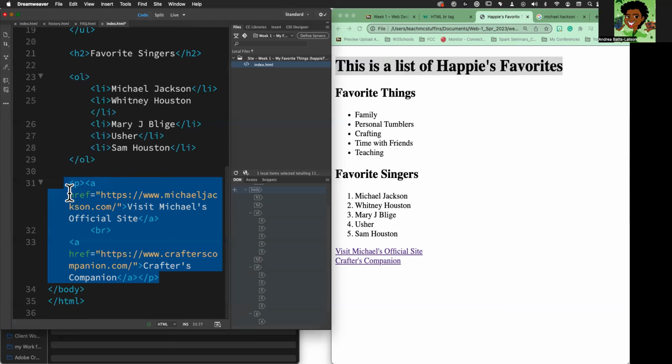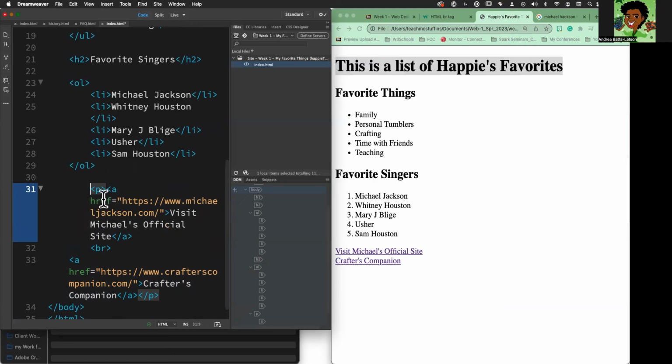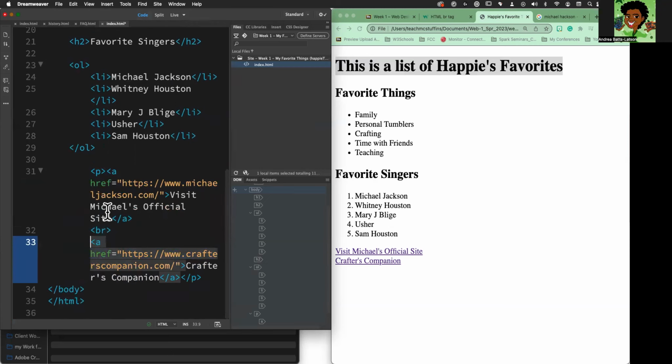Inside of this paragraph element, from the open to the closed paragraph tag, is a link element with an attribute, right? So the attribute's always going to be attribute name equals quote, quote, and then what's inside of the quote tells it what to do. Okay, so we have the ordered list. Inside the ordered list is, actually I need to tab that in. All right, inside the ordered list is the,